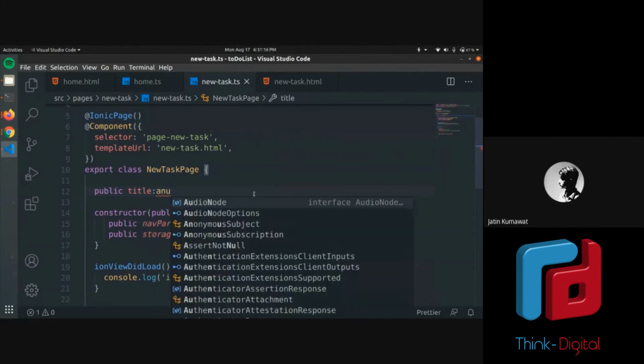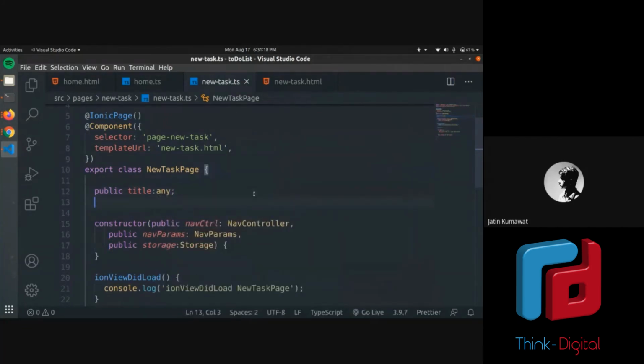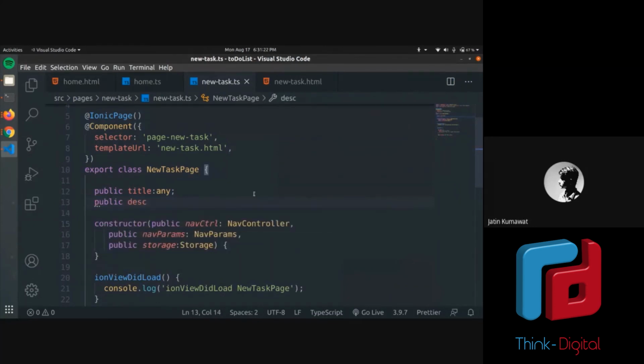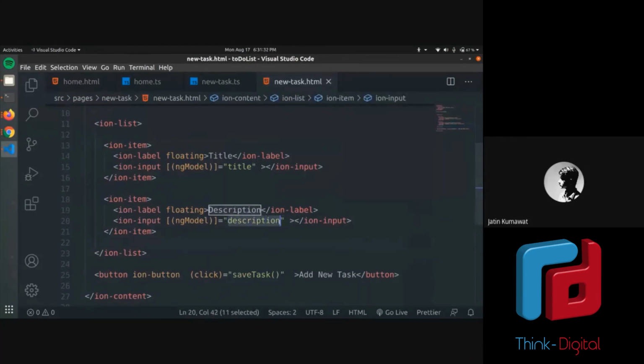It could be a string or number, say. Then another variable called description, and type any. Make sure these names are the same as you wrote here, exact spelling, word to word.